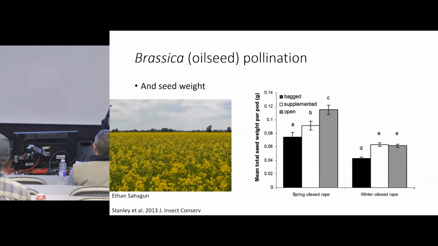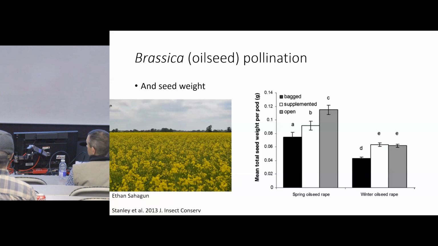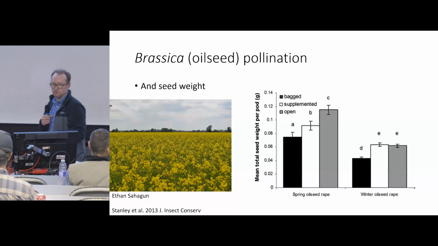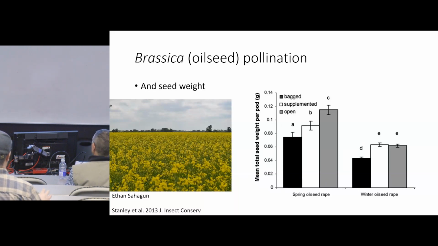There is a caveat to some of these pollination experiments, in that they oftentimes don't account for the fact that plants are able to dedicate resources to where they need them. So you might exclude pollinators from one group of flowers and yield goes down, but they may be able to redistribute their resources. And in the research that I did when I was in Michigan with blueberries, the lesson I learned was